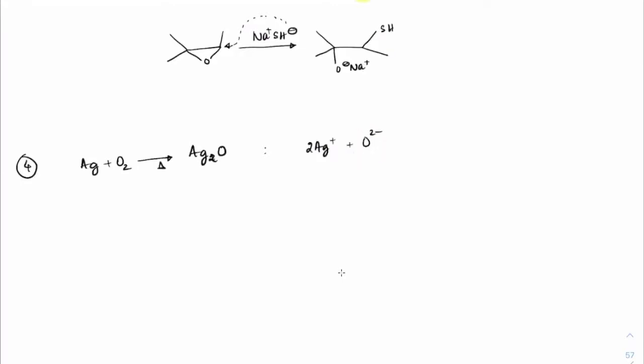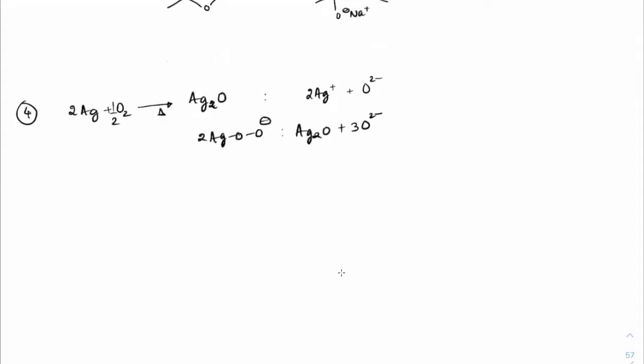Or you can think like this, Ag is attaching with oxygen here, correct? And peroxides are unstable. So again, if you take 2 moles of it, this is what happens, right? Think the same way here also, that silver is getting attached with oxygen, which is unstable. So 2 moles of it again give Ag2O plus O2 minus. So 2, or how many moles? 3 moles of it. Clear? So you can imagine this on heating, we can get Ag2O and O2 minus present.